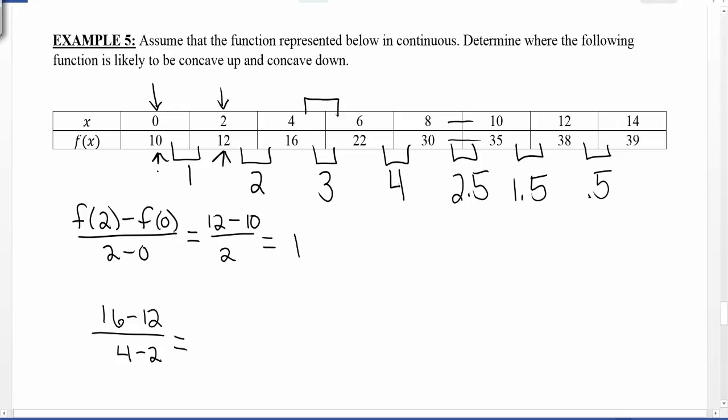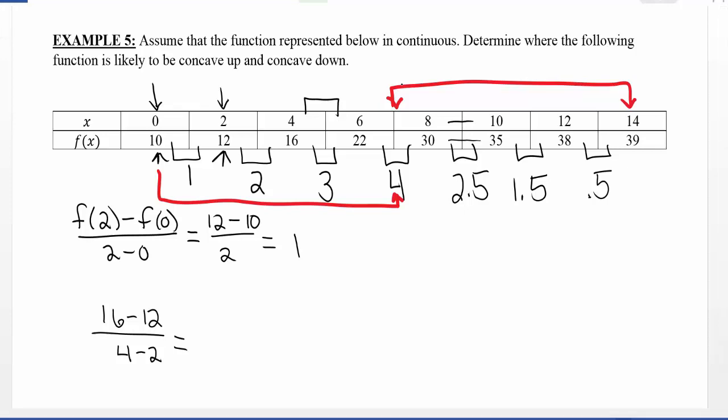Notice here that I'm going to be increasing from 0 to approximately here. And we'll talk about what that point means in a second. And then we're going to be decreasing 4, 2.5, 1.5, 0.5 for this interval here. So we need to figure out a way to represent where we're increasing and where we're